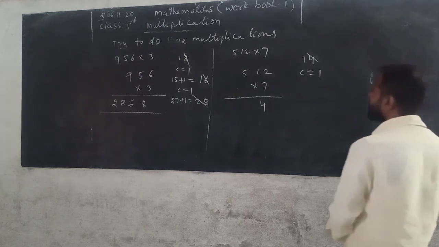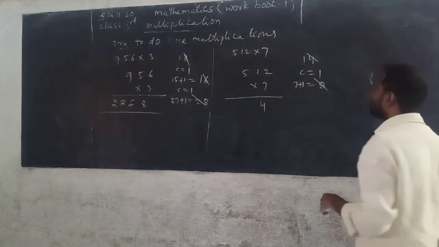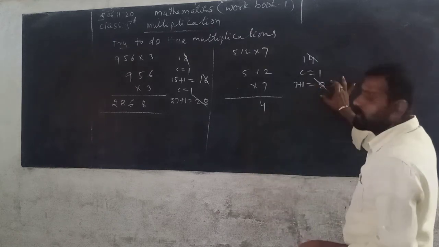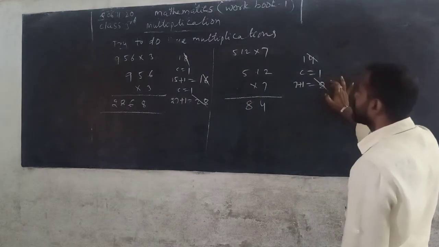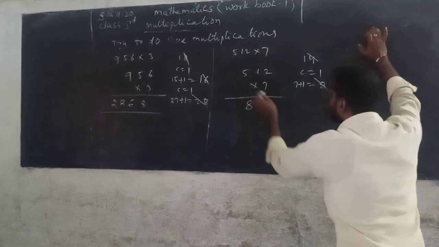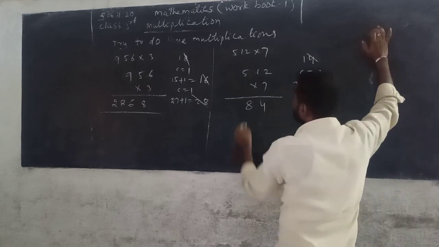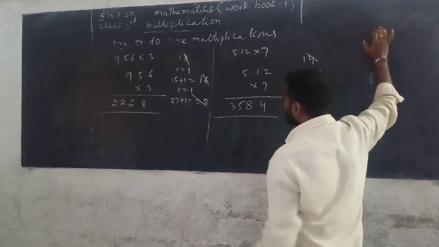Now next we multiply the digits in tens place, that is 1 with 7. 7 1s are 7. 1 is added to 7. You can get 8. 8 is a 1 digit number. There is no carrying. You can write directly in tens column of the product. Now we multiply the digits in hundreds place, that is 5 with 7. 7 5s are 35. So you can write 35 directly in hundreds column of the product. So then product is equals to